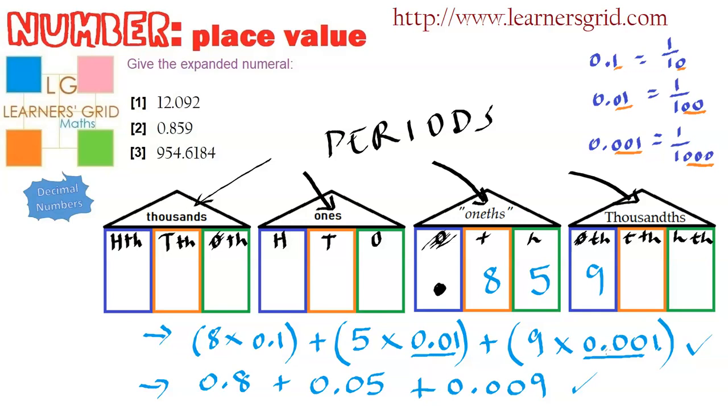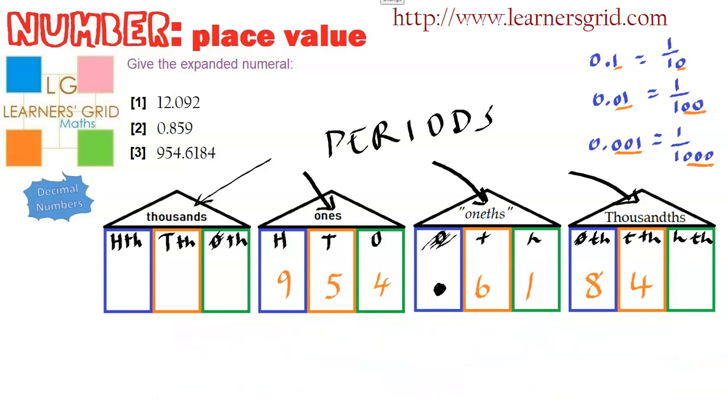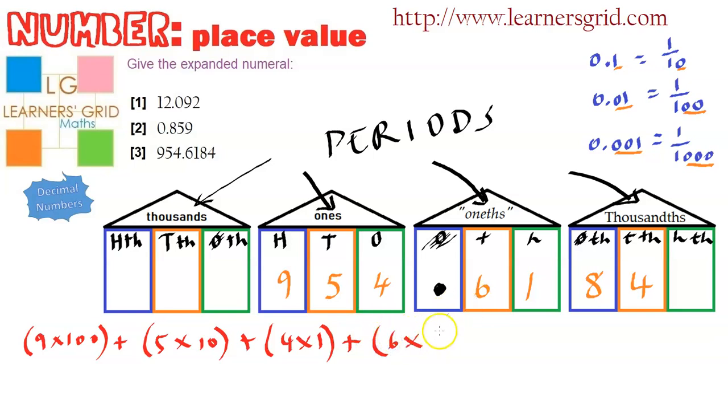Okay, let's have a go at number 3. So 954.6184. So let's go. This will take a while because there's a lot to write down. So it'll be 9 face value times its place value, which is 100, plus 5 times place value of 10, plus 4 times place value of 1, plus 6 times place value of tenths, so that's 0.1, plus 1 times its place value of hundredths, so 0.01, plus 8 times 1,000th, so it'll be